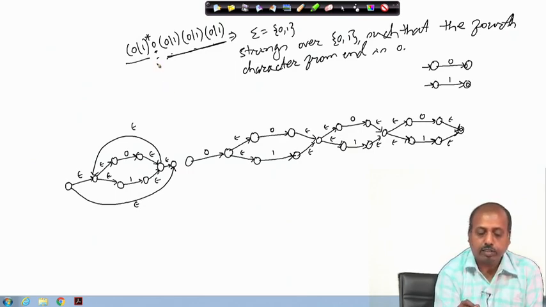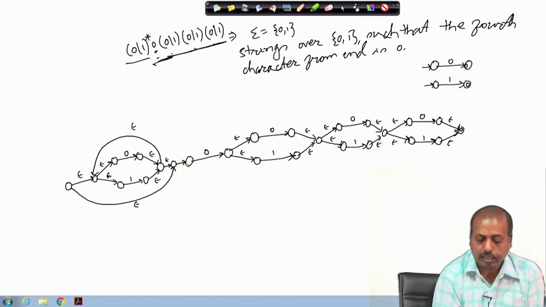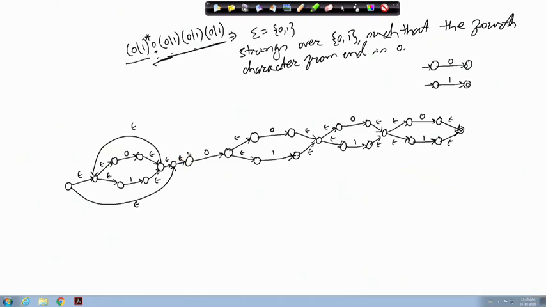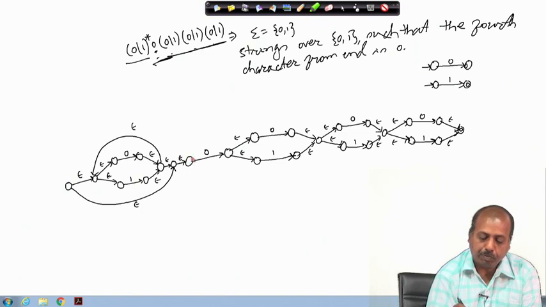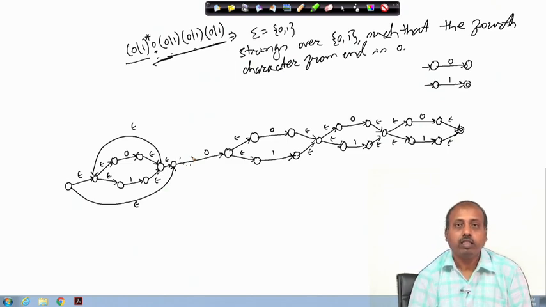Now, I have to concatenate it with the remaining part of the regular expression. So, I can concatenate it like this, and that is also an epsilon transition. So, you can do it like this, or for optimization purpose, since there are 2 epsilon transitions, you may say that I can have only one of them, and you can forego this state altogether, and you can say that I will make it from here to there by means of 0. So, that can be done, just to simplify the diagram a bit.